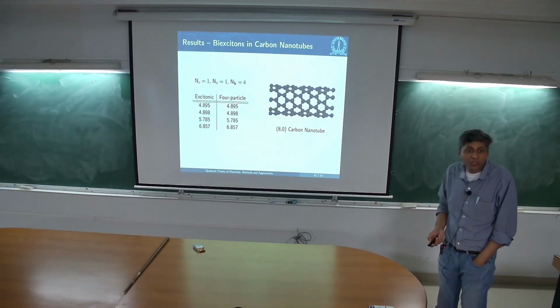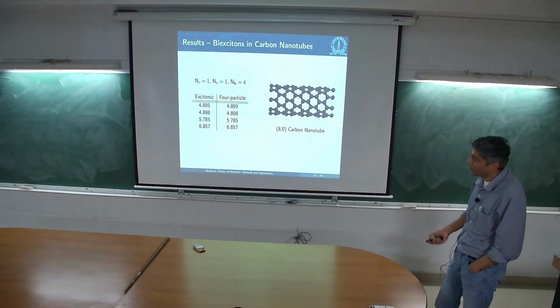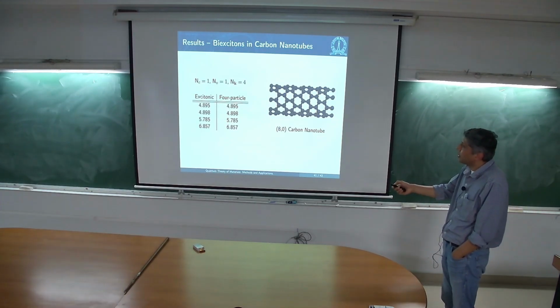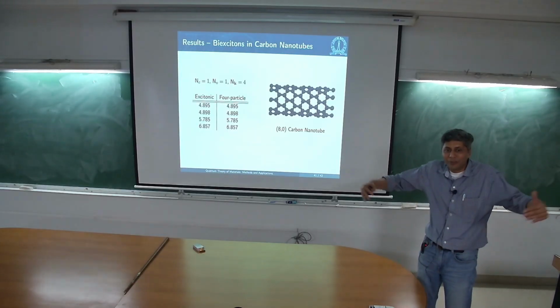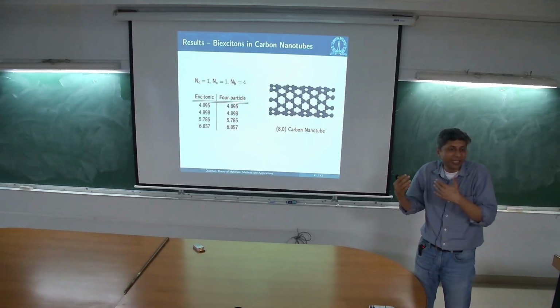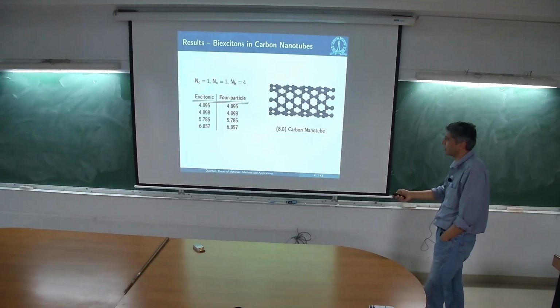We want to do this on a solid, and I showed you a molecule. This is still work in progress, but we have shown that, in principle, if you include everything, the excitonic basis and the 4 particle basis give you exactly the same answer, which is the first step. Now, when we increase the k points and truncate, hopefully we can get a converged answer with the bi-excitonic basis much faster.